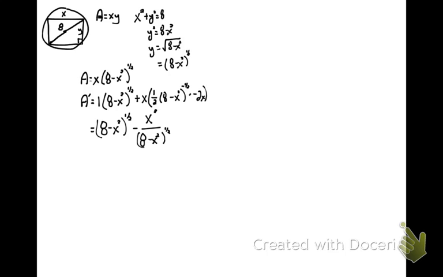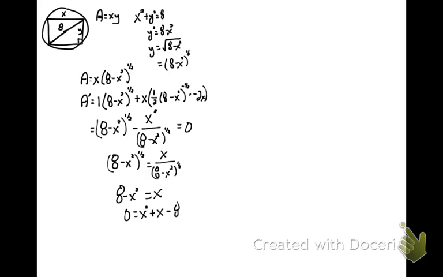I need to know when this equals 0, and this will equal 0 whenever these are equal to one another. 8 minus x squared to the 1/2 equals x over 8 minus x squared to the 1/2. Since it's a proportion, this would be 8 minus x squared equals x, or when 0 equals x squared plus x minus 8,